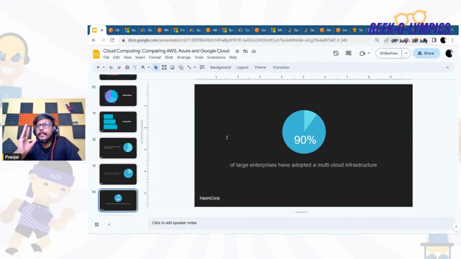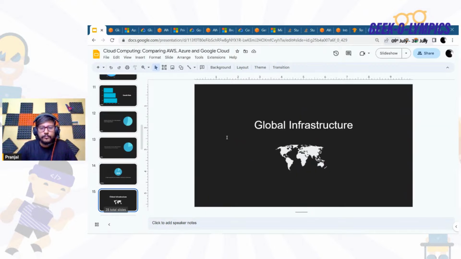So as I said, if you know more than one cloud, it will be a good advantage for you, because if the company is looking for one specific cloud service provider, again it will be good. If the company is looking for all these cloud service providers, then again it will be a much better solution. So it is completely up to you which platform you pick up. But just understand, cloud computing is going to rise more and more in the upcoming years, because of the humongous amount of data which we are creating and the involvement of AI and all those things. This will be very much used in the upcoming years, so knowing how to use these cloud services will be very beneficial for you.